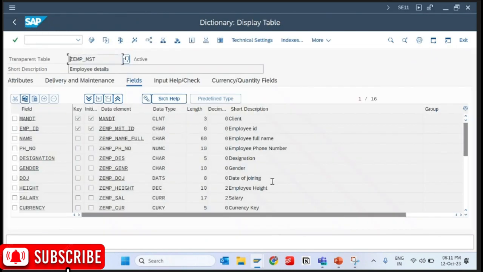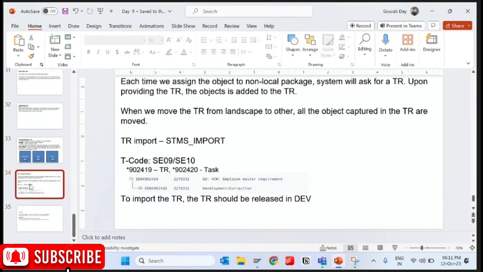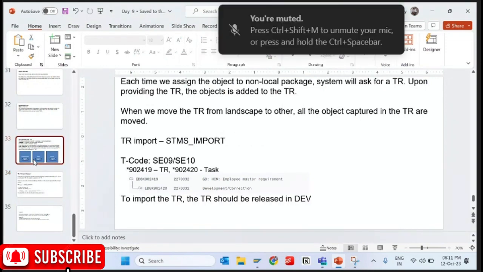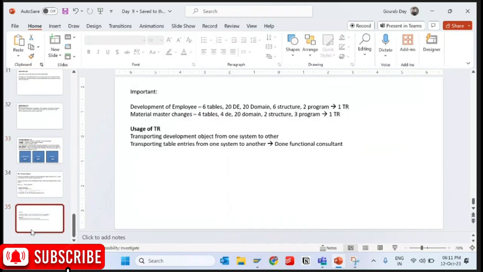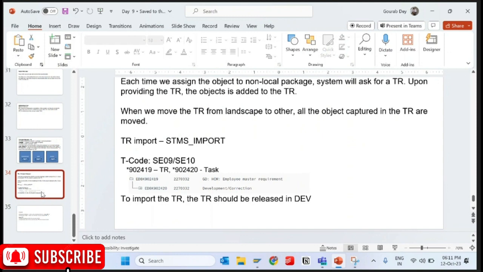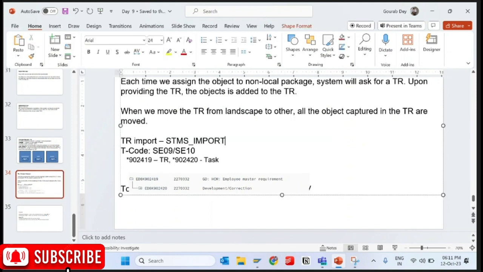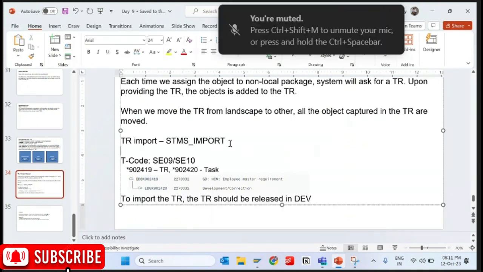Okay, what is a TR and what is a local object? How to release a TR? How to transport, all those things are required. So any question, guys, so far? All right, so shall we go for a